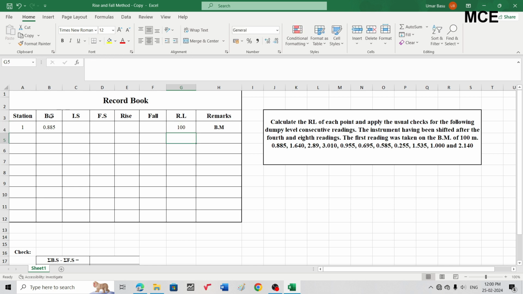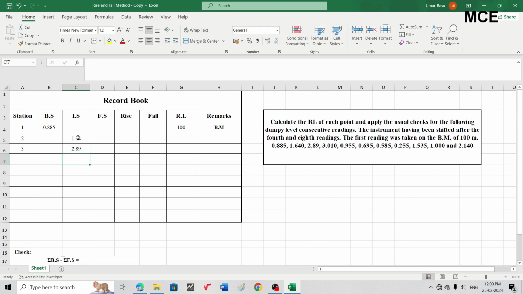After that, for station 2, the next reading will be written in the intermediate sight column, so our next reading is 1.640. Also our third reading at station 3 will be written in the intermediate sight column, that is